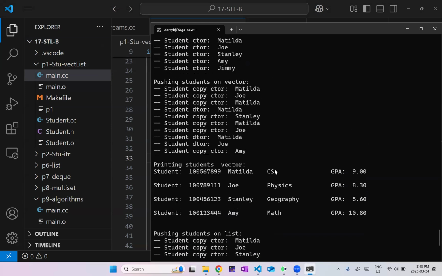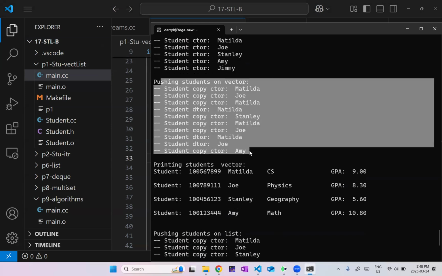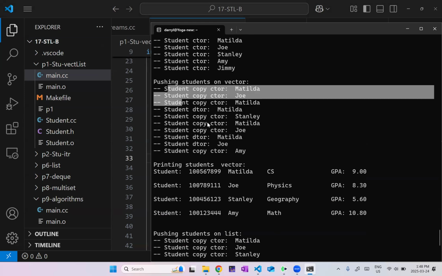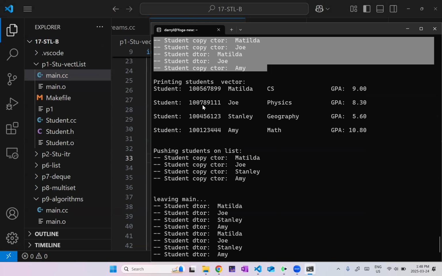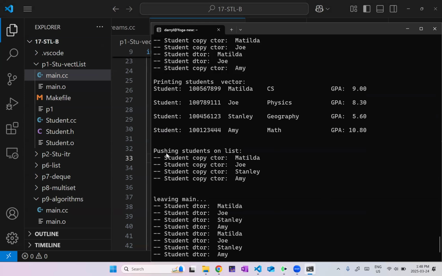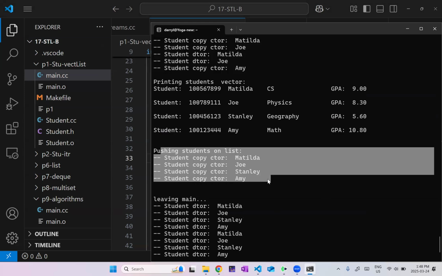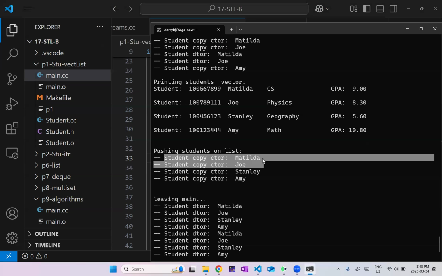Okay, so here is where I push my students onto the vector. We can see all the copies and calls to the copy constructor, calls to the destructors. Here's where I push the same students onto my linked list. And indeed, I make one copy when I add the student, and that's it. Okay, so if I really need to store a student object, maybe a linked list is a better idea than